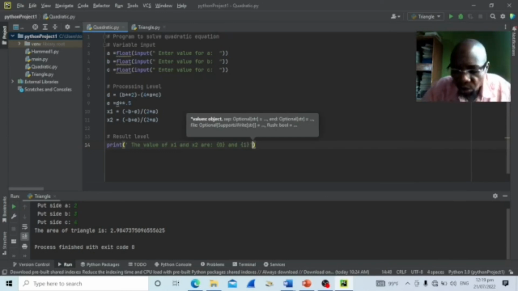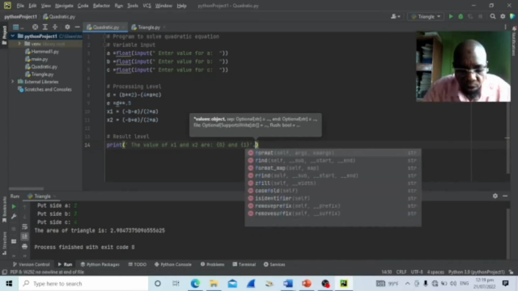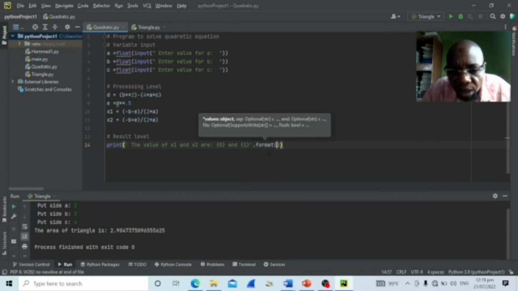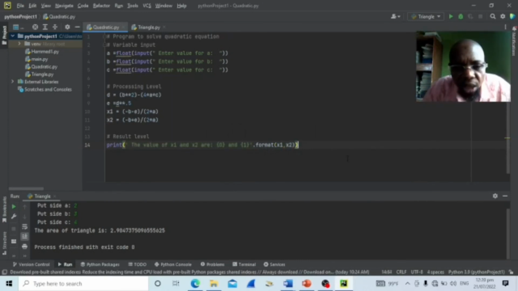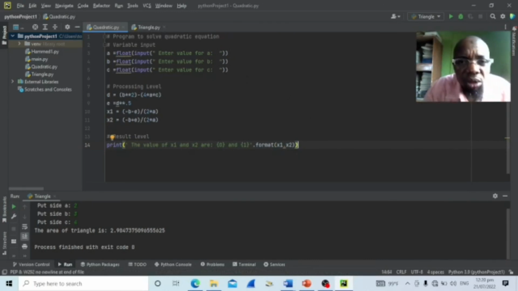Then after which we put dot, then format. You click on format and you type x1 comma x2, and that is all. Once you are able to do this one, then